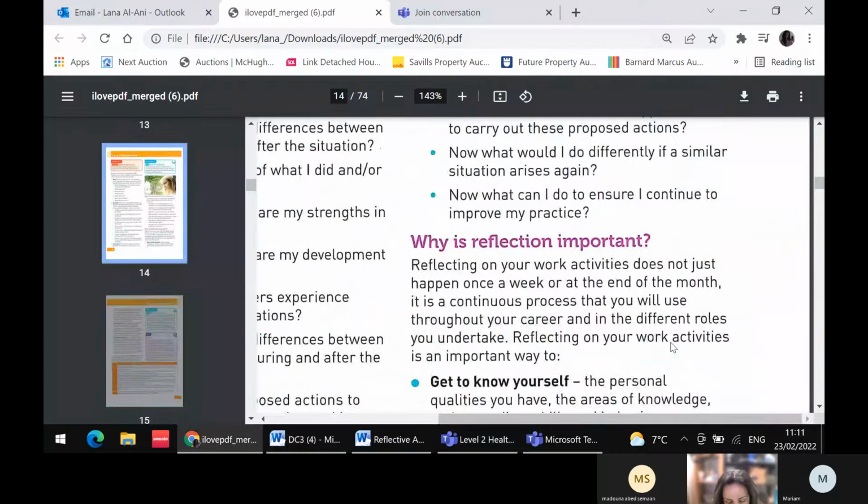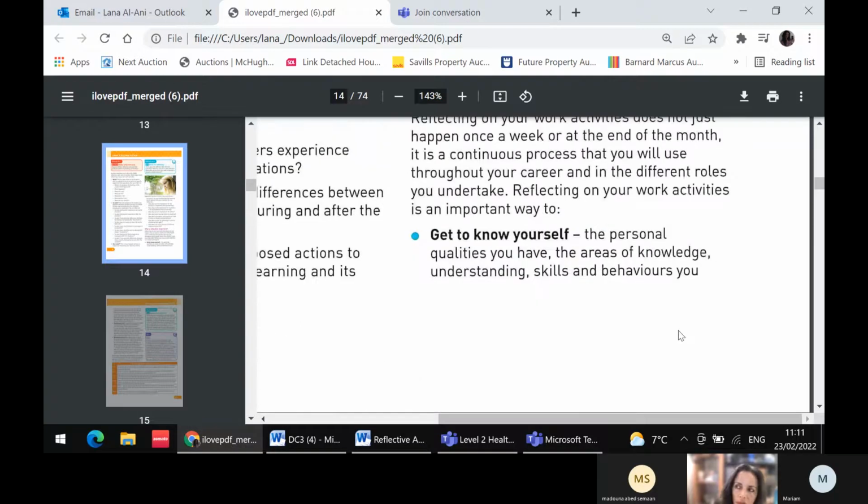Reflecting on my own work is I step back and think about my work and think about how I handled certain situations, what I did wrong, what I did correctly, and how I can improve it next time. And it is very important for every one of us to reflect on their own ways of working. Why? Because first of all, to get knowledge,